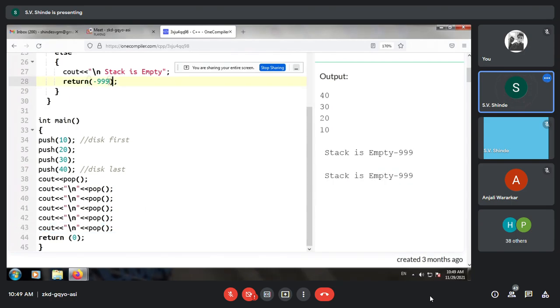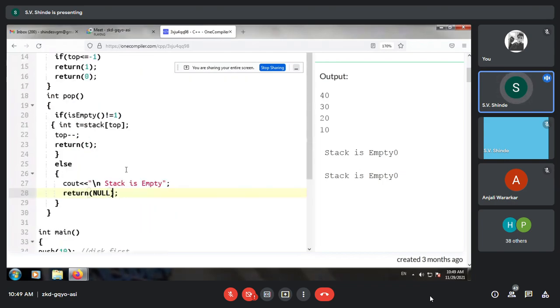Or instead of returning minus 1, we can also return a null value. The case null is giving an error, and let us check if it works. It is giving 0. Yes, participants understood the use of the isEmpty function, which is being called over here.